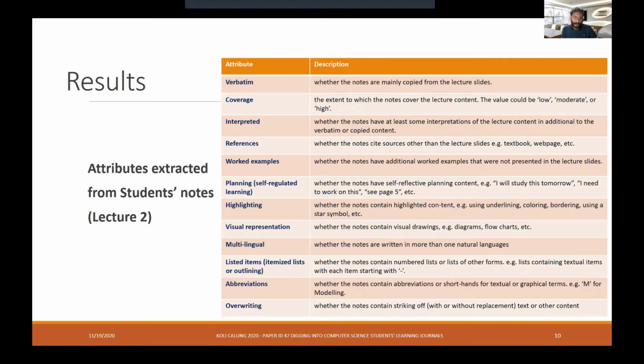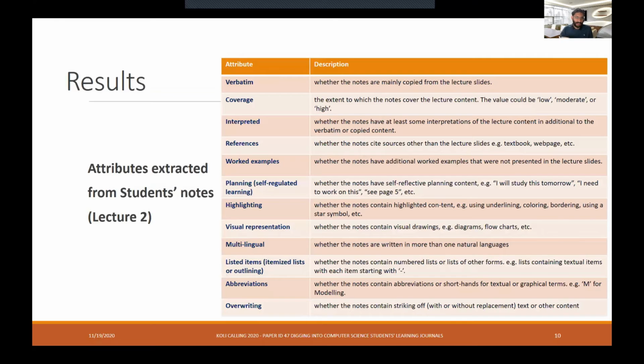Are there references to internal or external sources? When I say internal, that means referring to some content relating to the course itself. External would mean some kind of, say, for example, a web page or a website. Worked examples, any self-reflection or planning, highlighting, visual representation,